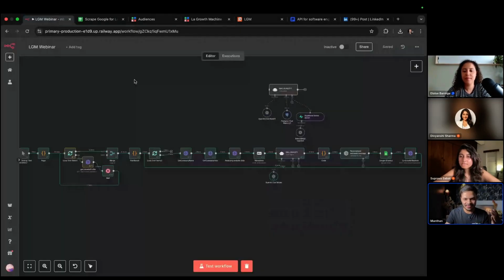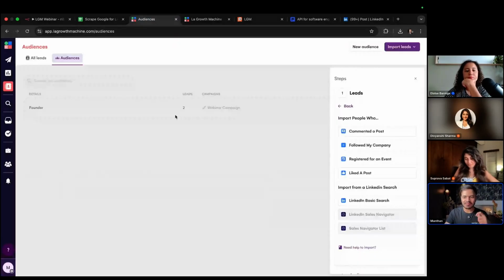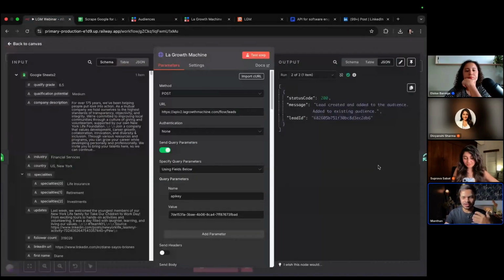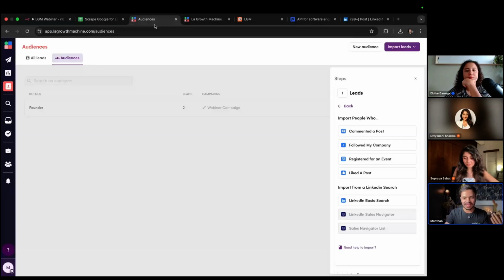Now let's talk about this end-to-end workflow. What we are doing here is scraping data for free from Google Maps and Google custom searches. So you don't have to pay a single thing, right? It's basically free, if you self-host an account. And if you don't know what n8n is, it's a low-code, no-code tool where you can build AI automations and AI agents without having to write a single line of code. That's the beauty of it, and it is the hottest thing under the sun right now. This is just to show you a glimpse of what you can achieve and how you can integrate your leads using LGM, all inside it. So you don't even have to create an audience and add these leads manually into your LGM account. Everything will be done on its own.